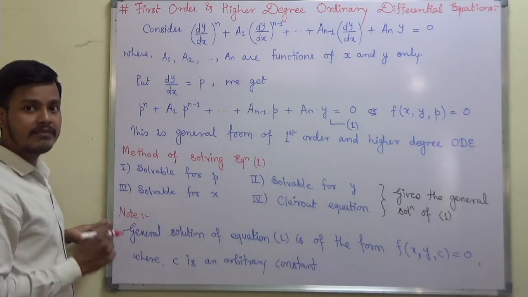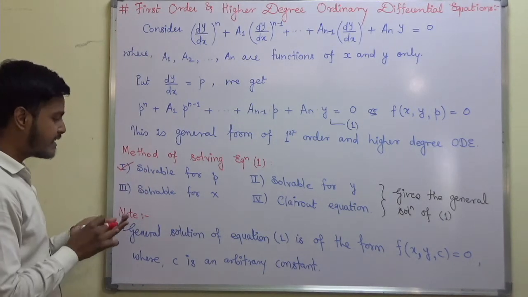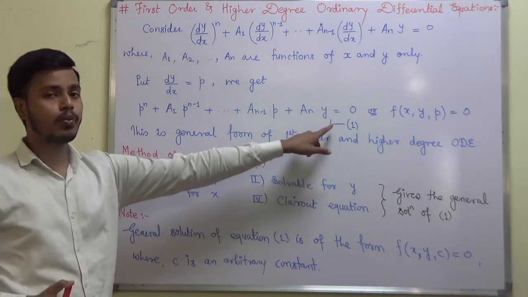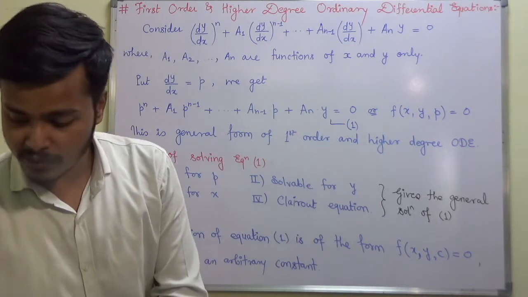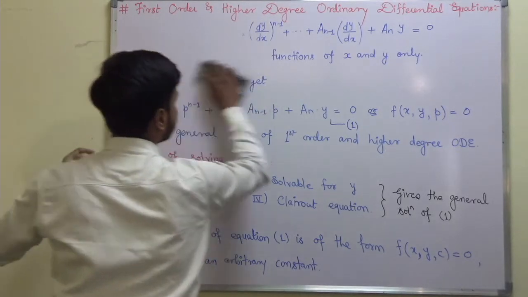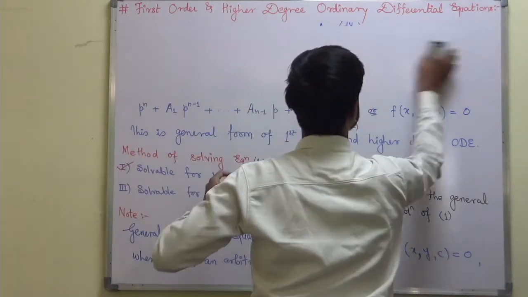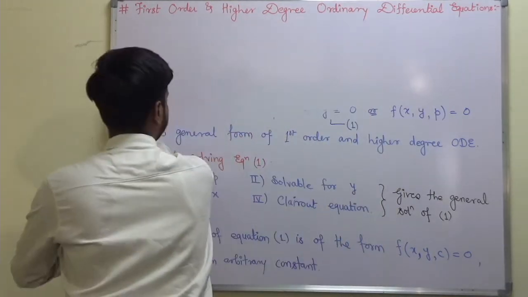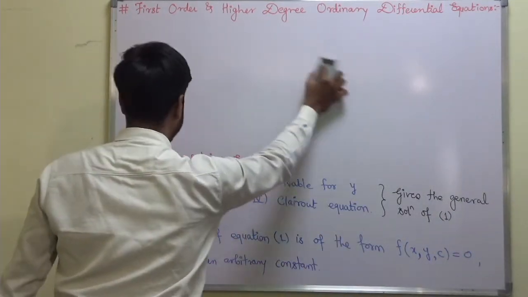So in this learning video we are going to discuss the very first method, that is equation 1 solvable for p, followed by its working rule. So first of all we'll see it, and then